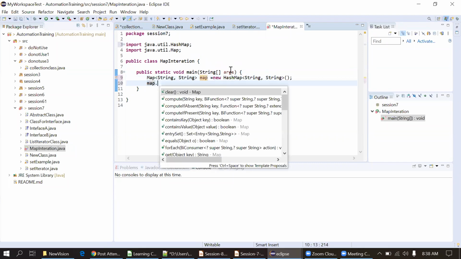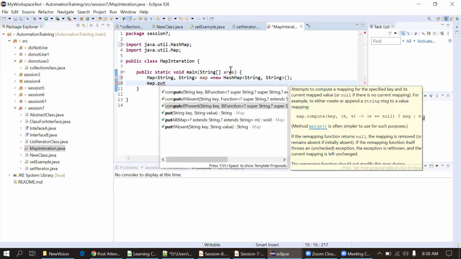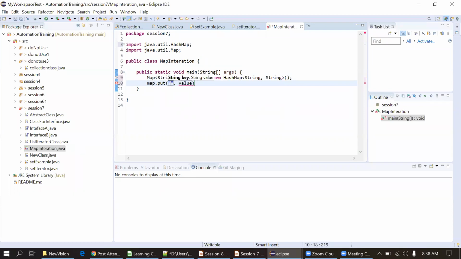Okay, map dot put, name as Yogesh. And I will add like 1, 2, 3, 4, 5, 6.